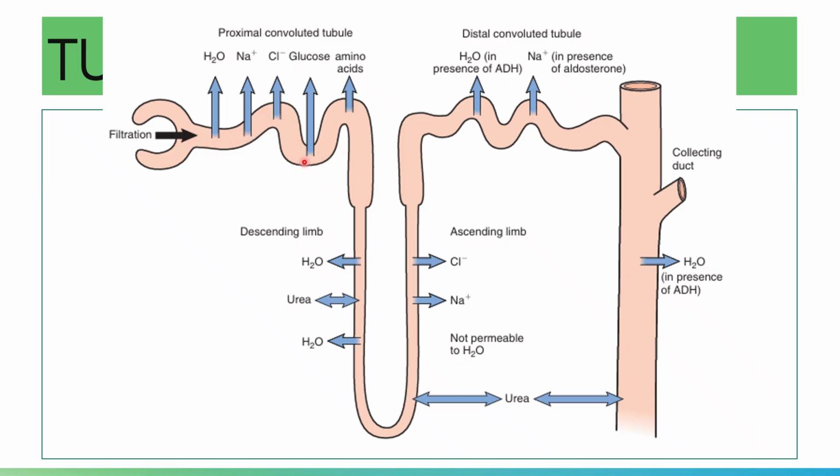Normally, since 100% of your glucose, proteins, and amino acids are reabsorbed in the PCT, normally, wala po dapat mag-a-appear in the final product, which is the urine. Please note that other solutes like bicarbonate, phosphate, sulfate, magnesium, calcium, and uric acid are also reabsorbed in the proximal convoluted tubule.